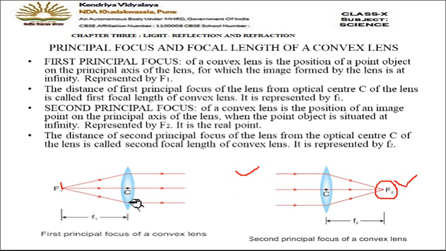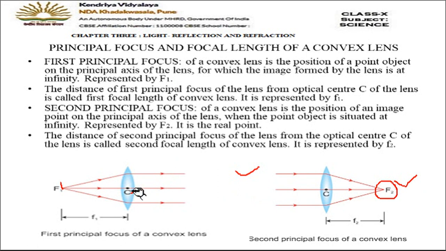Now this center of the lens, don't get confused students, in some of the books the center of the lens is denoted by the capital letter C, and in some you will find it as capital O, optical center. Fine, so don't get confused. But a lens has focus on both the sides. One focus is on the left side, the other focus is on the other side. So one is known as f1 and the other one is known as f2.